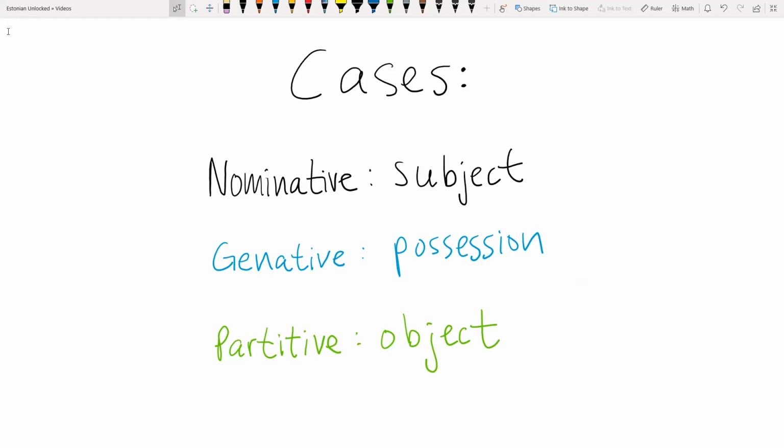The other thing that I want to say about cases is that this is not the full list of what these cases do, right? So genitive shows possession, but it also has a variety of other jobs that it can play in a sentence. And so we're going to continue to add to these lists. Don't think that this is the full list of what these cases do. We'll continue to add to these, and we'll make separate videos for each of these different cases so that you can really understand what's going on with each of these cases.